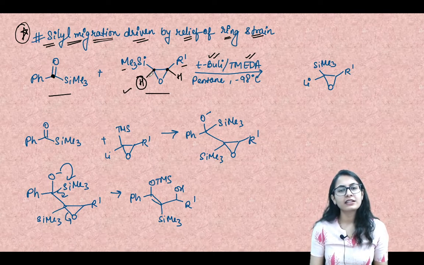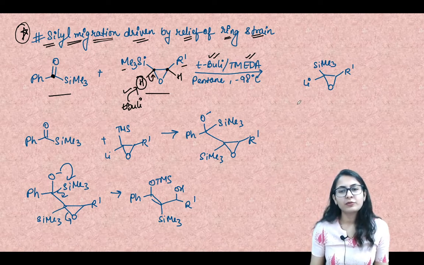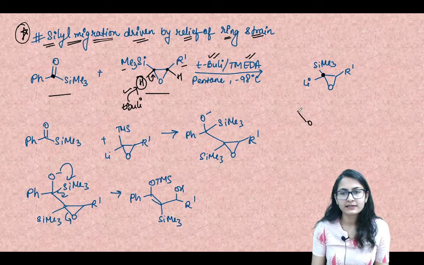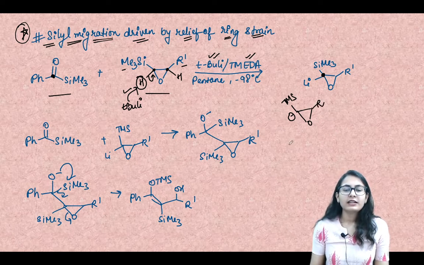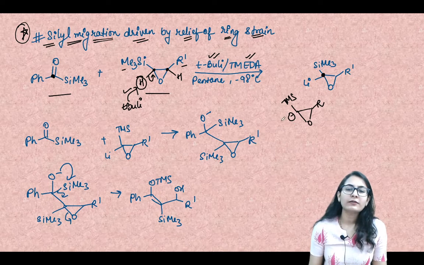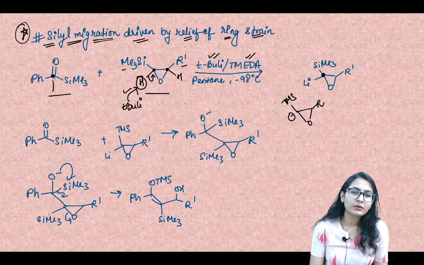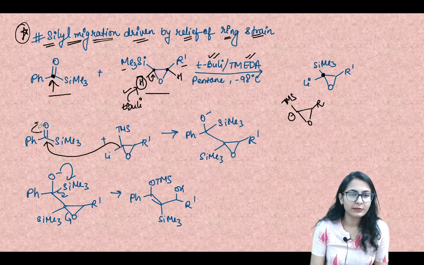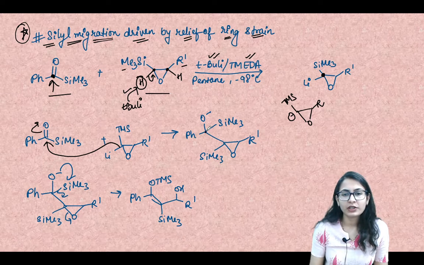And let's say it is removed by the tertiary butyl lithium. Now there would be a carbanion onto this carbon. Yes, it is actually like this, a carbanion on the epoxy carbon. Now I'm writing TMS because it is trimethylsilyl and the R group. Okay, now you get a nucleophile which can attack onto this carbon. Yes, so this nucleophile can attack onto this carbon and the bond can open up. From here, this is what you get.